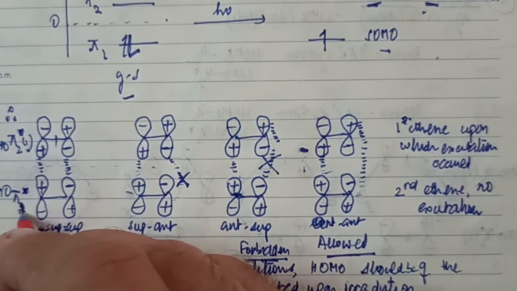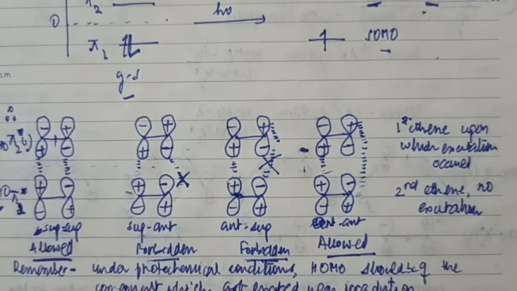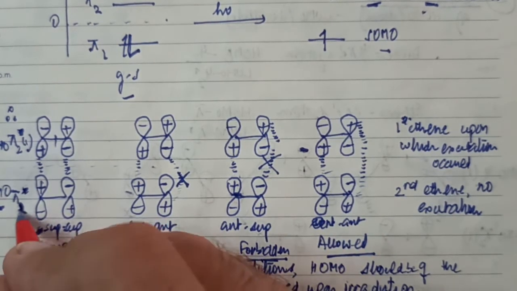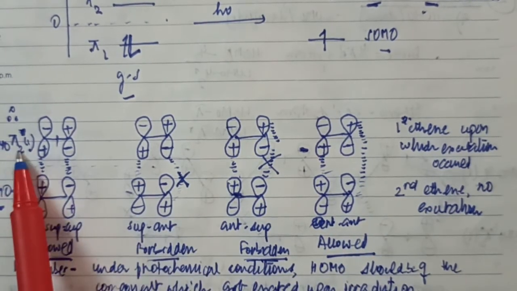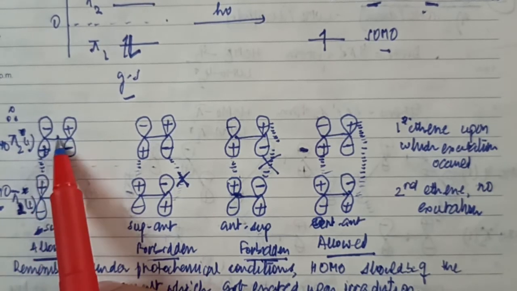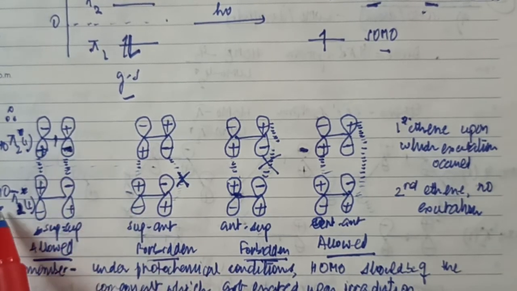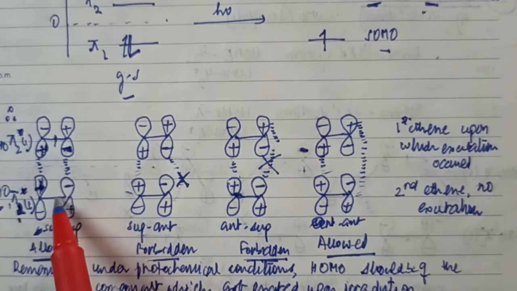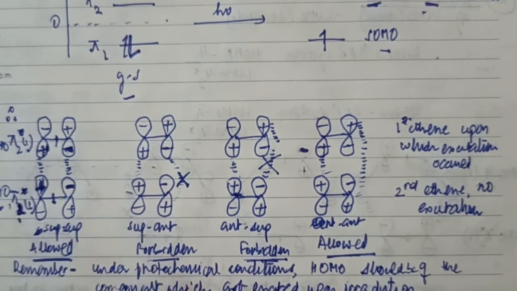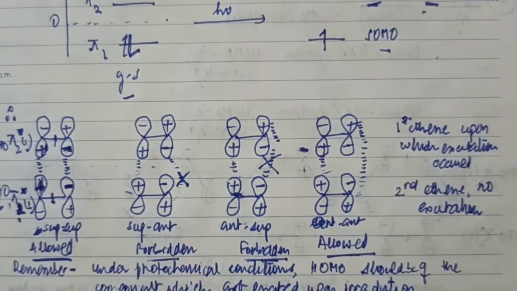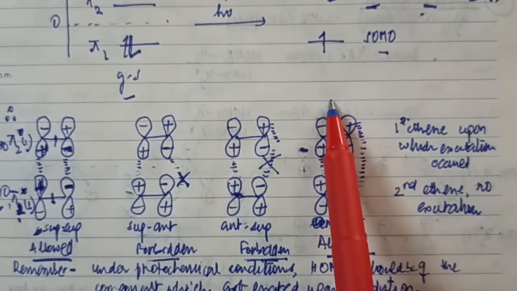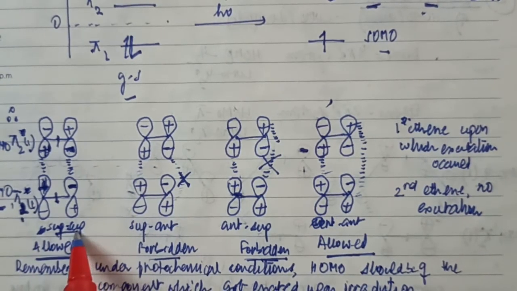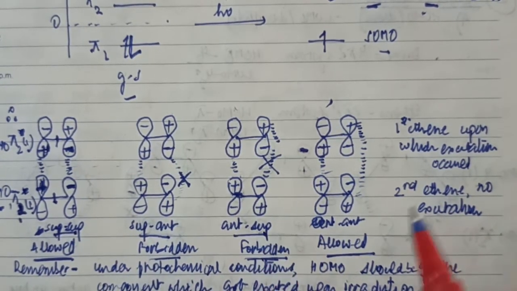The LUMO was already pi 2 star. This component did not get excited, so it is the same as the ground state. This is pi 2 star, with 1 node. If this lobe is positive, 1 node means the other will be negative. As is customary for me to say, keep the signs of these two lobes the same, so this will have the negative sign. Now let's study the interaction. The same orbital picture will be there for all 4 stereochemical modes, whether I'm considering supra-supra, supra-antara, antara-supra or antara-antara.